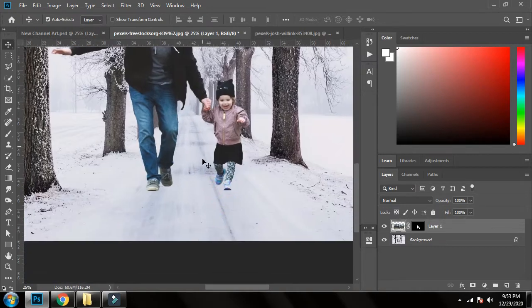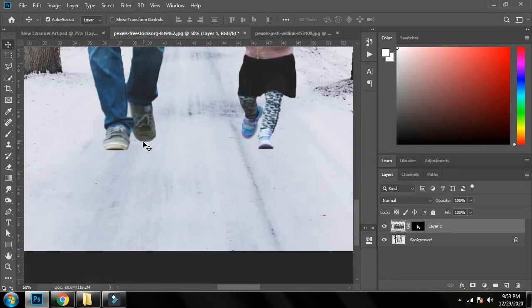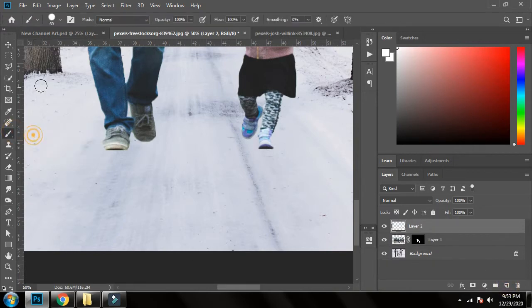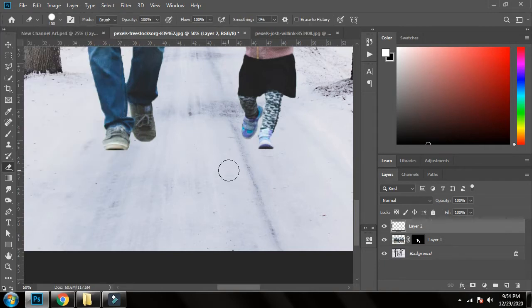so they look real, not fake. But before that I will add the shadow so it looks more realistic. For that I will create a new layer and select the brush tool, with a hard brush, and set the size to something like 200 or 150, which is good.